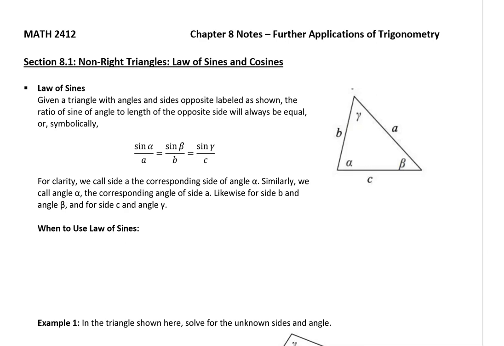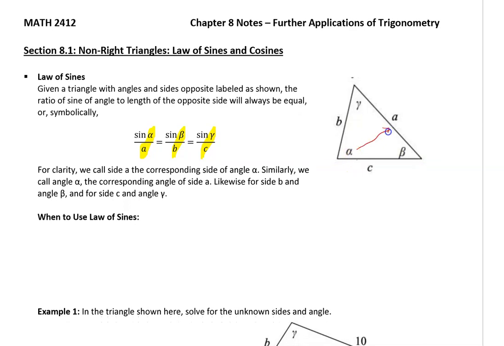When we're looking at the law of sines, given a triangle with angles and sides opposite, labeled as shown, you can see that beta is across from B, alpha is across from A, and lambda is across from C. The ratio of sine of angle to length of the opposite side will always be equal, or symbolically, you can see that the angle and the side, when we take sine of the angle, we can put it over that side opposite to it. Look, this one is directly over here,